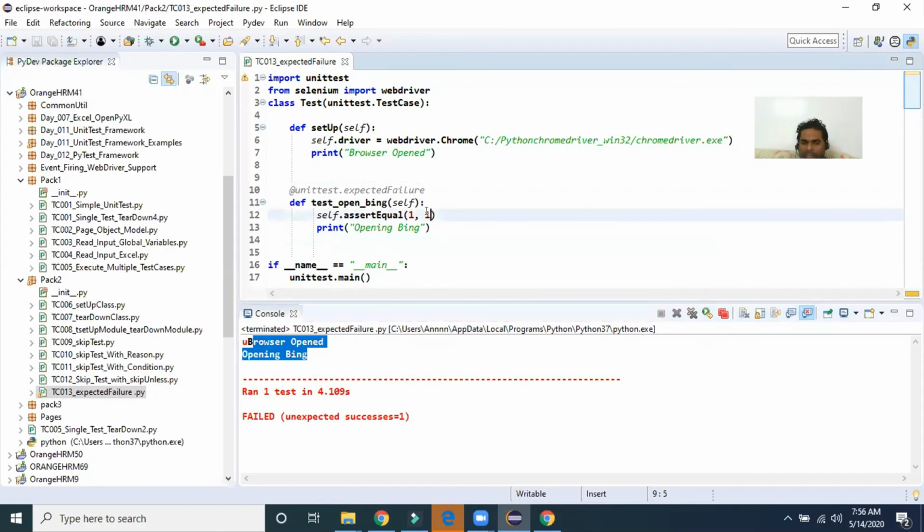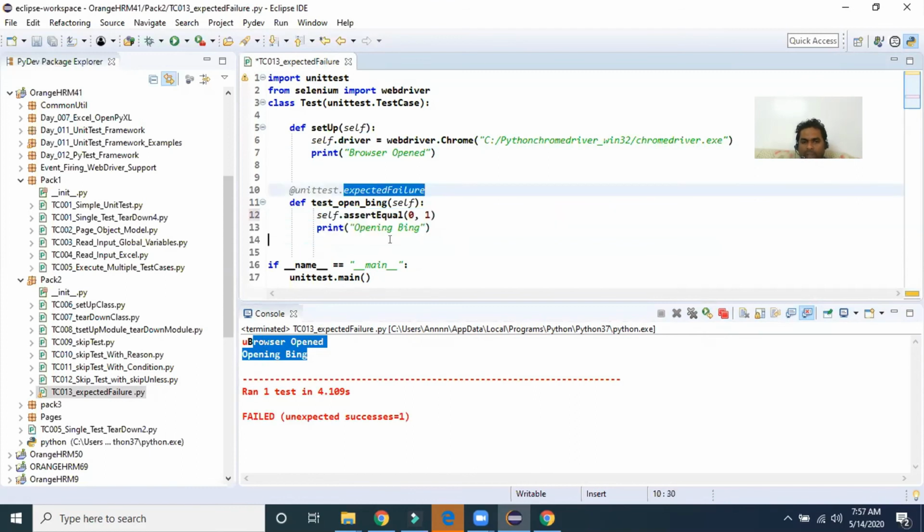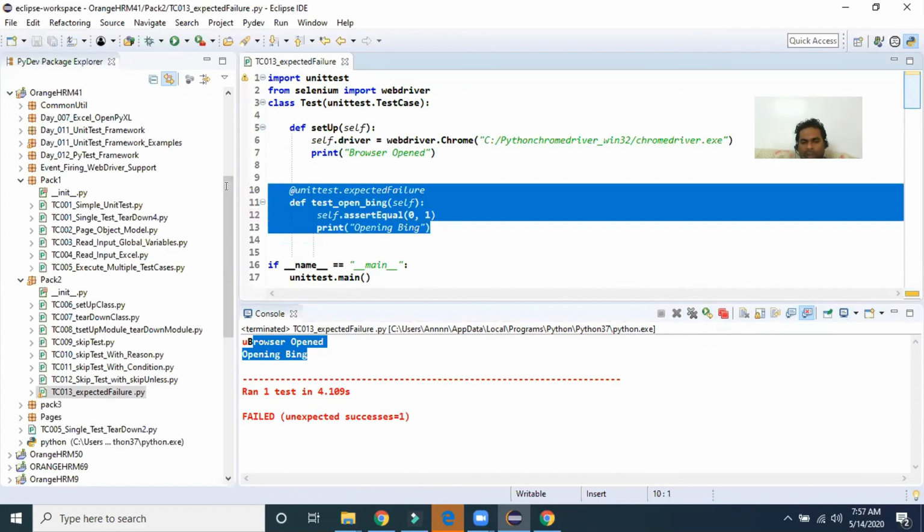Because my assertion passed, this part is executed. In case the expected failure happens, if any of the assertions fail, then this block won't be displayed in the log, and it won't execute at all. Let's run this program now.